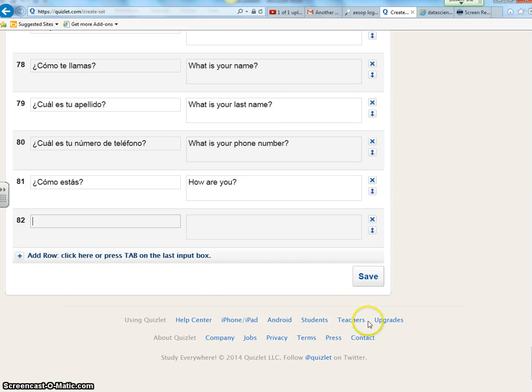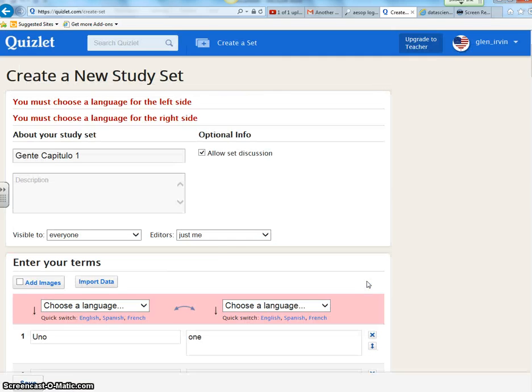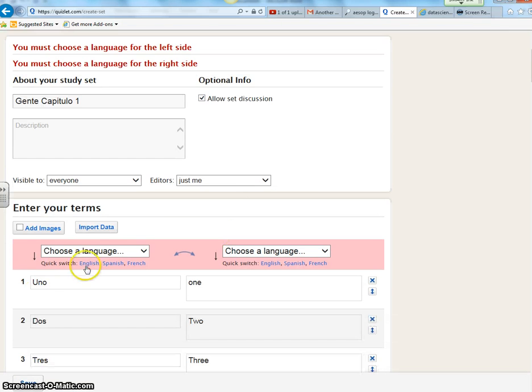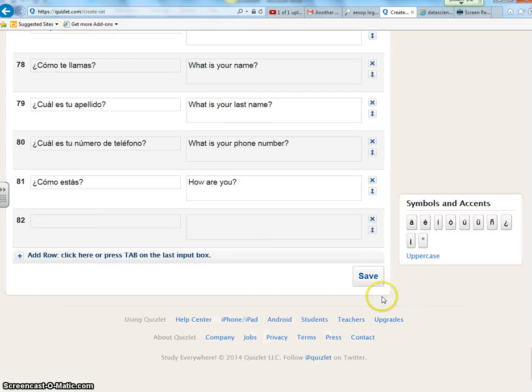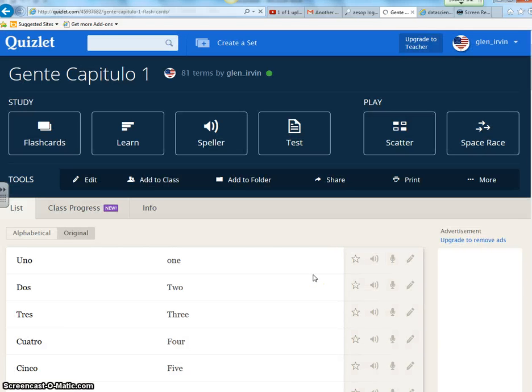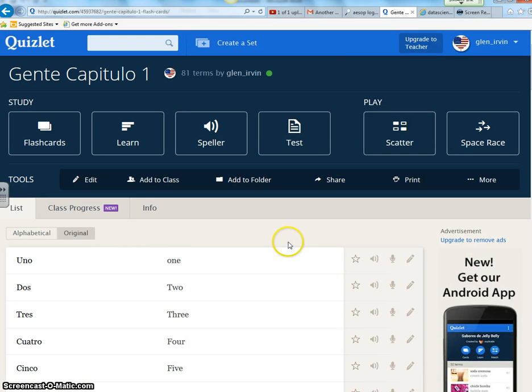Okay, so let me just show you something. If I'm going to press save here, it says you must choose a language. I have to choose Español and English here. And now let's press save. Okay, so it's saving it. So at this point, some people will be like, okay, so how do my students actually